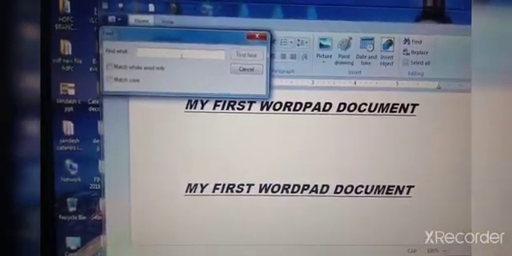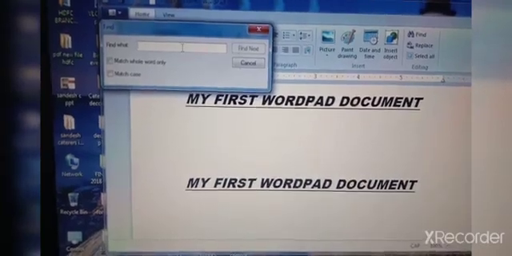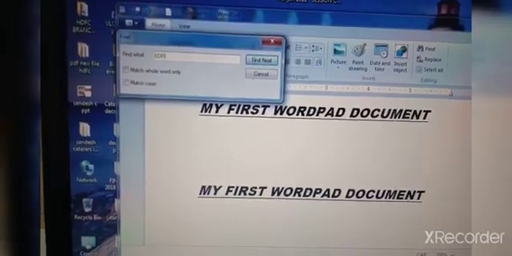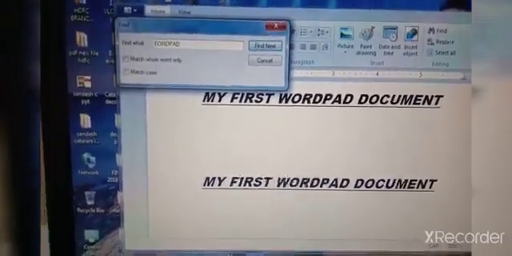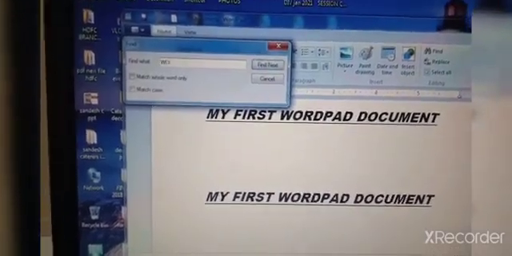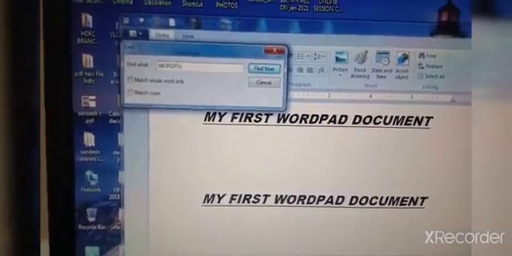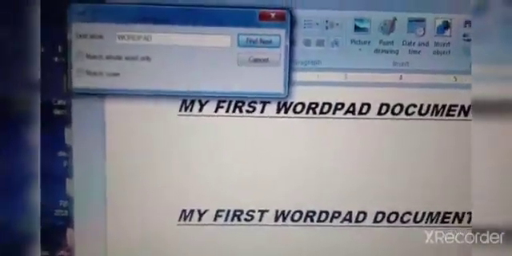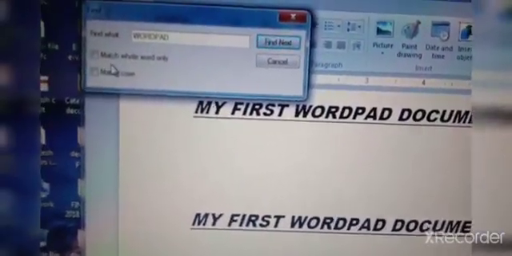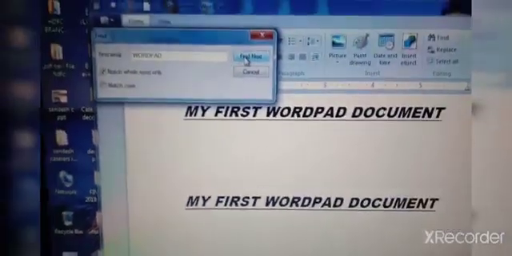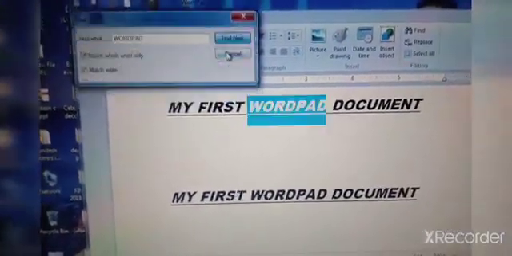Now, what do you want to find? I want to find a word, WordPad. Write it correctly: WORDPAD. Okay children, now match the whole word only. Click on match whole word, and find next.